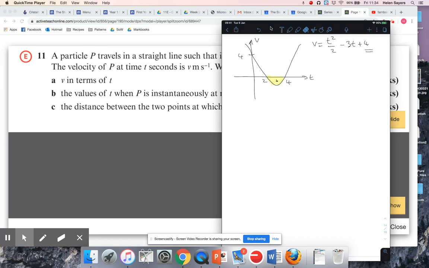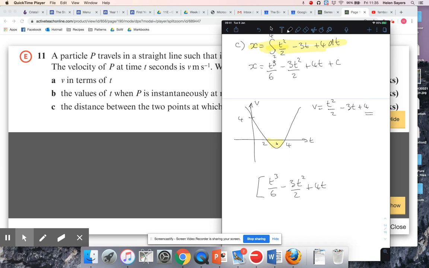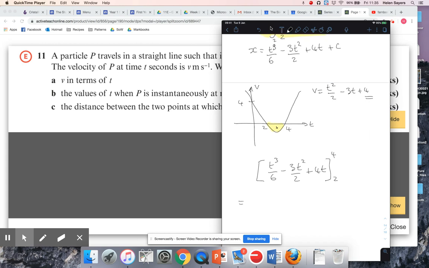Okay, so I've already done the integrating, so I'll go straight to my square brackets. So that was the integral. Okay, and I've now got limits of 4 and 2. And I know that that should give me a negative answer, and that's fine. So it's a negative displacement, but then they want the distance, so I'm just going to give that as a